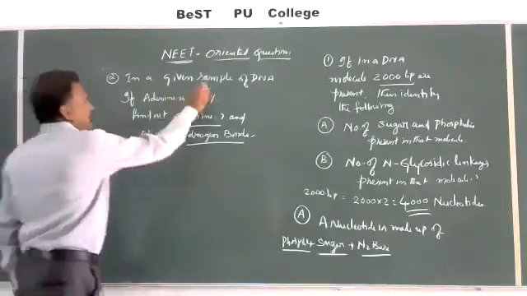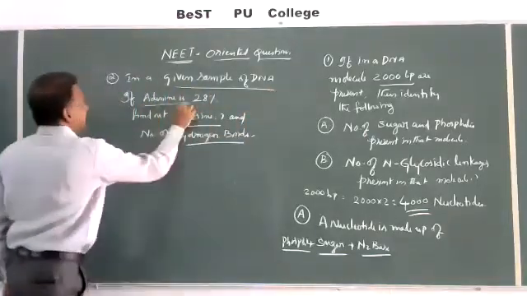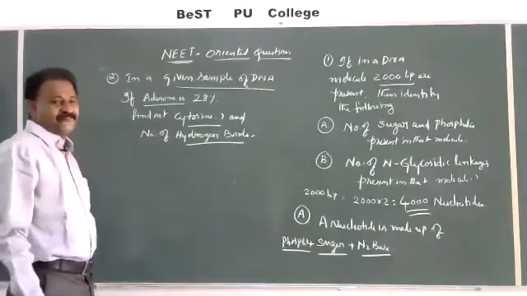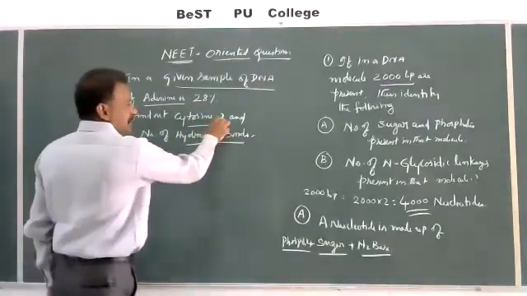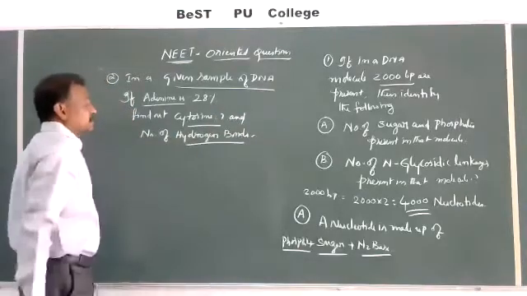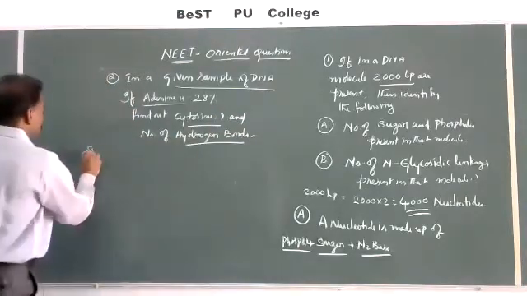In a given sample of DNA, adenine is 28, then find out cytosine amount and number of hydrogen bonds. Solution: